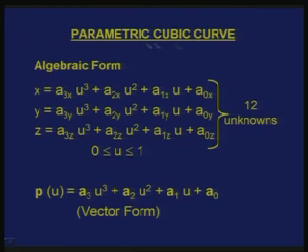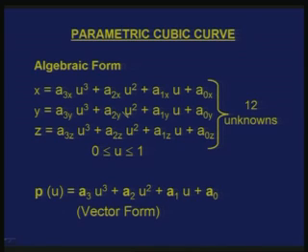As the name itself indicates, that is parametric cubic, this curve is represented where x, y, z are cubic functions of parameter u. So, x is a cubic function of u, which can be represented by 4 unknowns, or you can say 4 variables which are shown here as a3x, a2x, a1x and a0x. Similarly, I have y and z which are also cubic functions of parameter u.